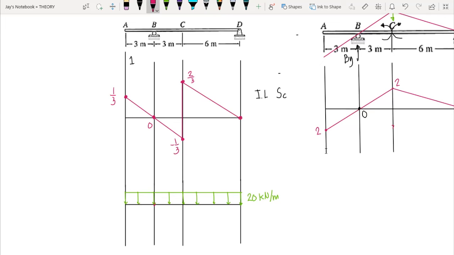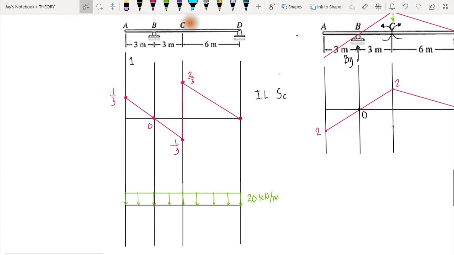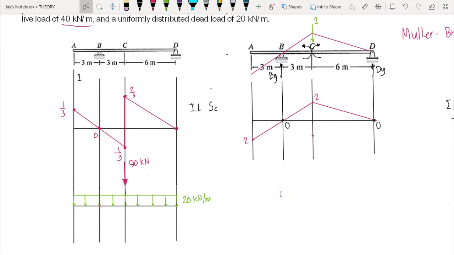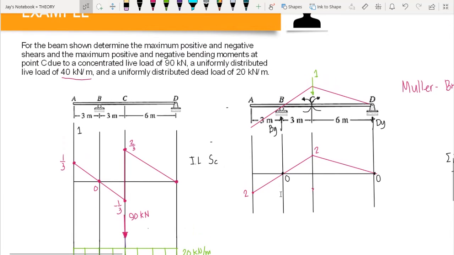So in this case, we know that the highest ordinate is 2/3, which occurs at point C. Therefore, we locate our 90 kilonewton load here at point C. Okay, so we place the 90 kilonewton at this point. And now to compute the maximum positive shear due to the uniformly distributed live load of 40 kilonewton